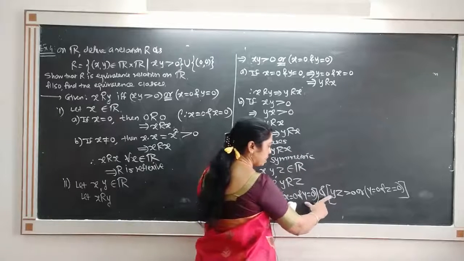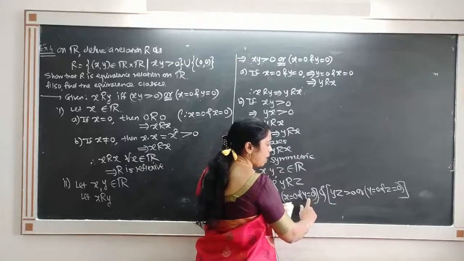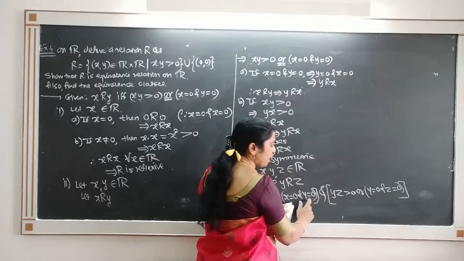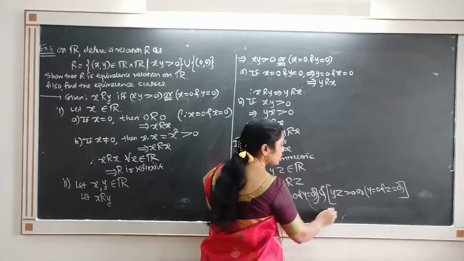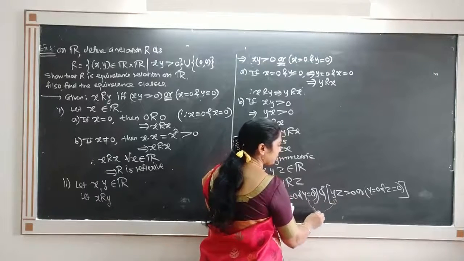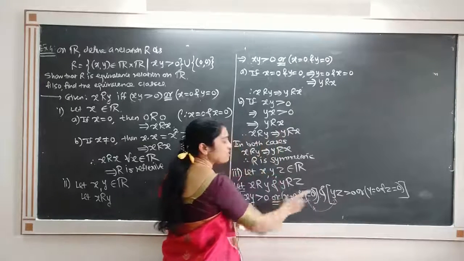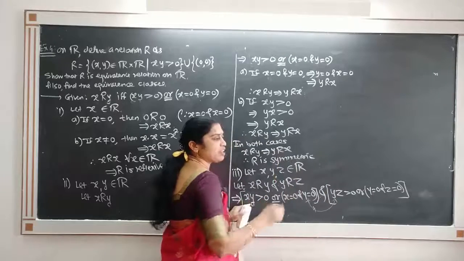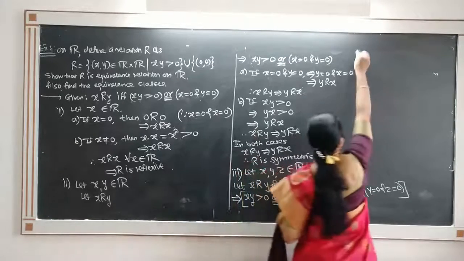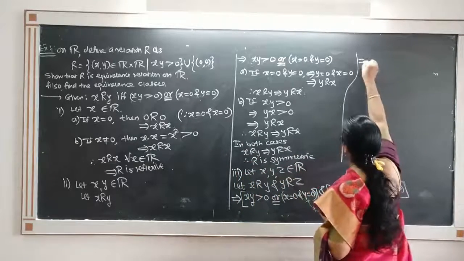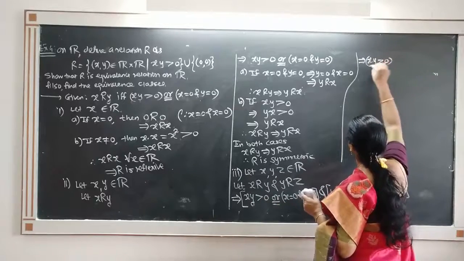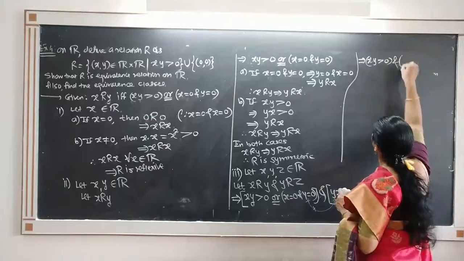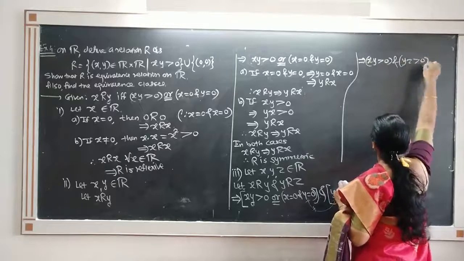Similarly, with these two, if x is 0 and y is 0, yz cannot be greater than 0. So these two simultaneously will never happen. Similarly, the first and last simultaneously will never happen. So what does this imply? We have two conditions only. This implies that either xy is greater than 0 and yz is also greater than 0, or